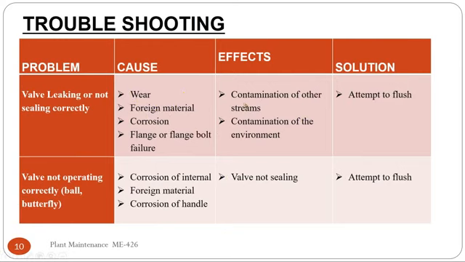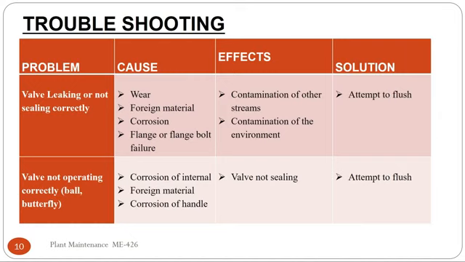Where does contamination of other streams occur, and what is its effect? Let's say the valve is installed on the suction side of the tank, and from the back end there is a common line coming. On one side we have diesel, on the other side we have petrol. So if the valve is passing,